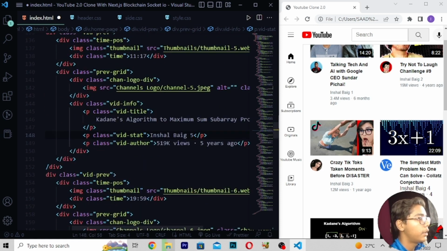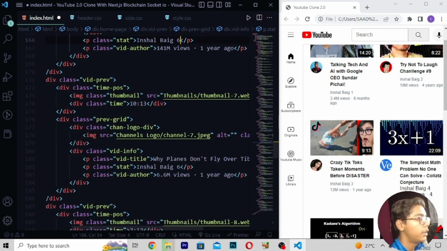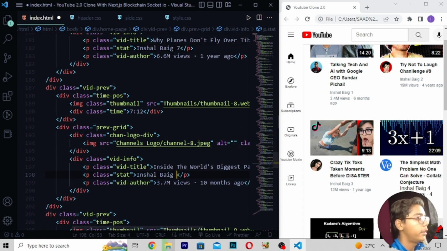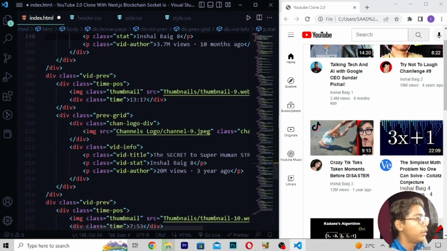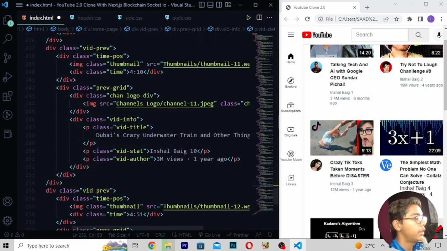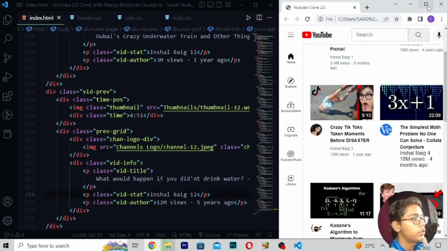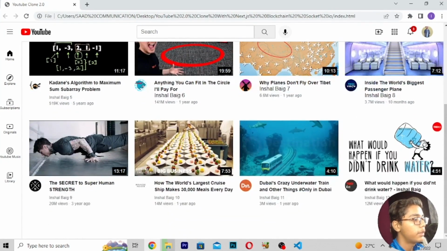Then here I will be writing 5. Then here you have to write 6, and then I will be writing 7, and then 8, and then move down and write 9. Then you have to move down again and write 10. Now when you've written this, I will be writing 11. Then move down and write 12. Now save this and reload. Now if I show you, you can see we are getting all this stuff here,